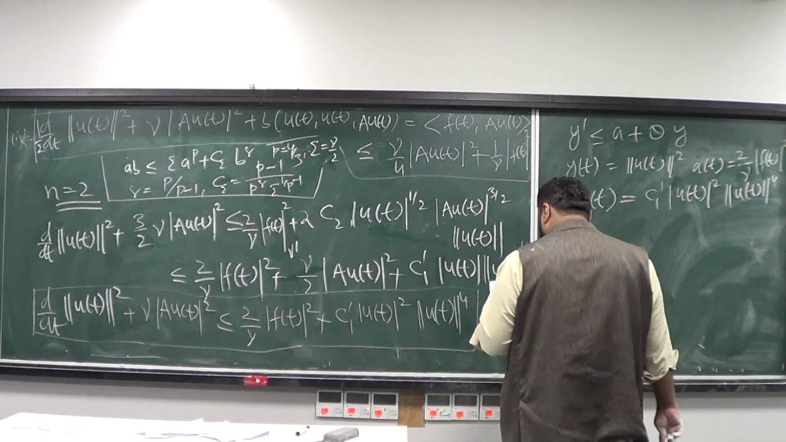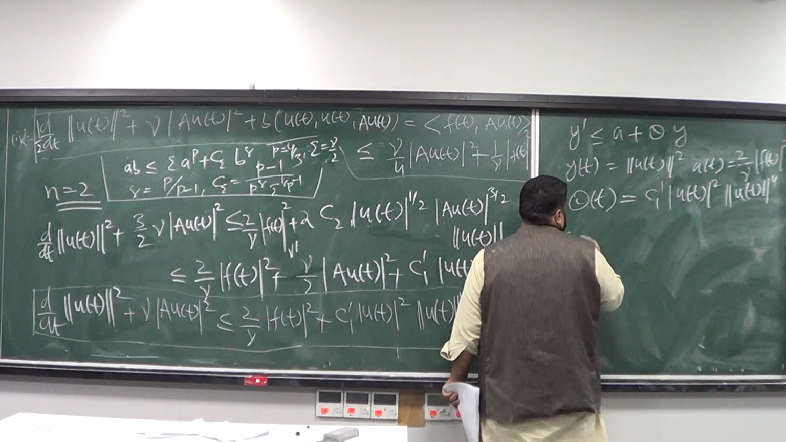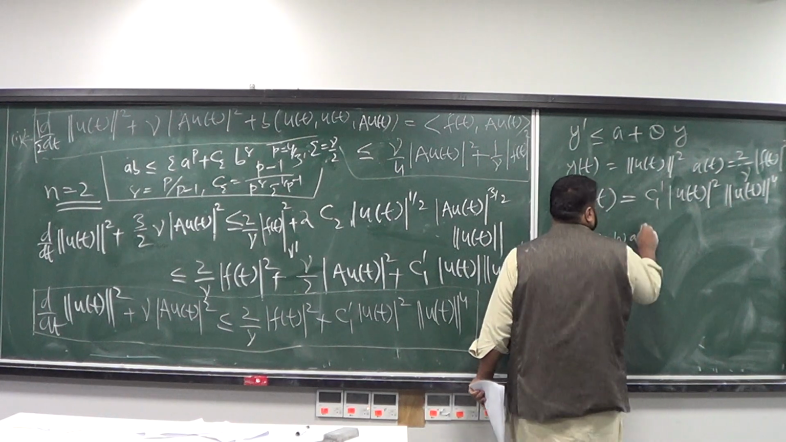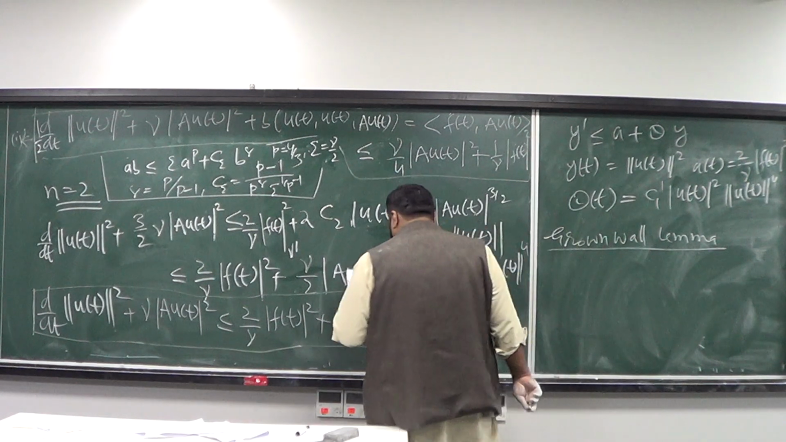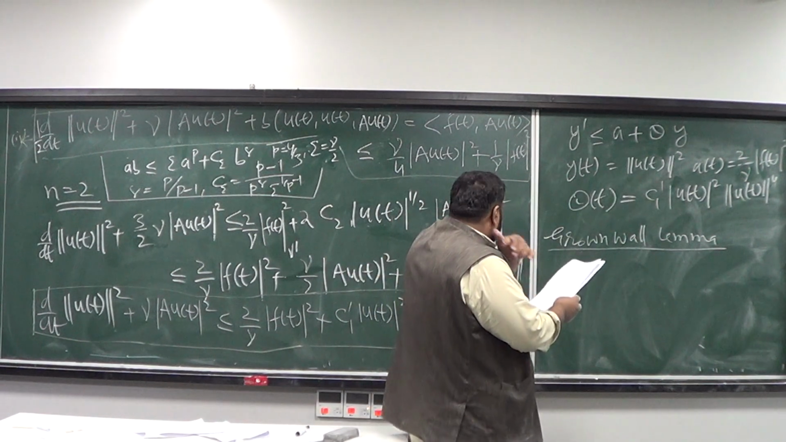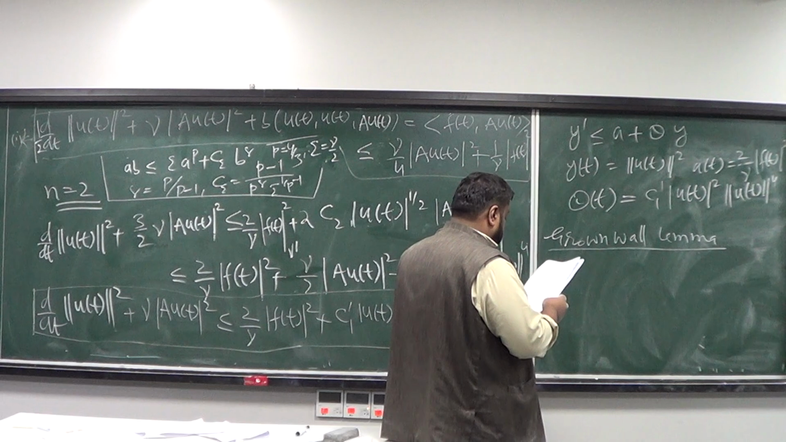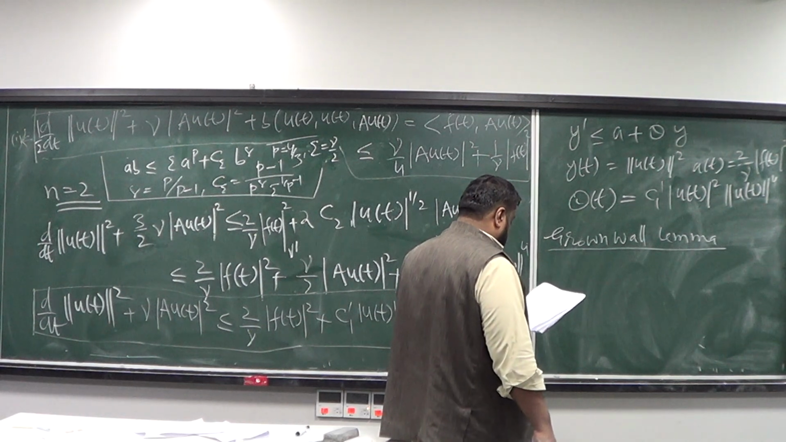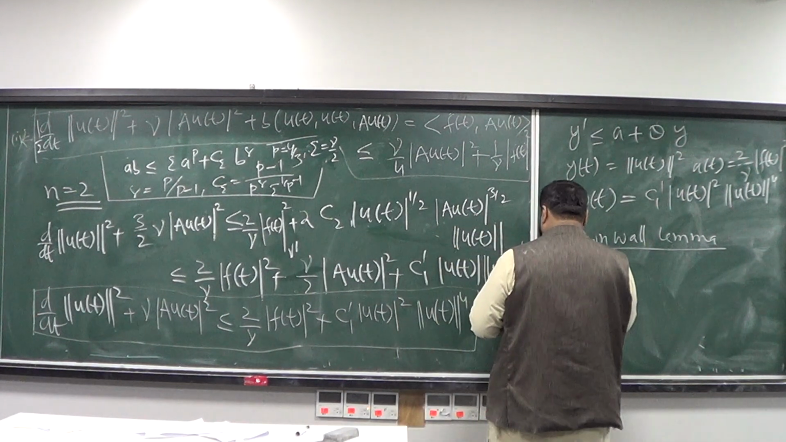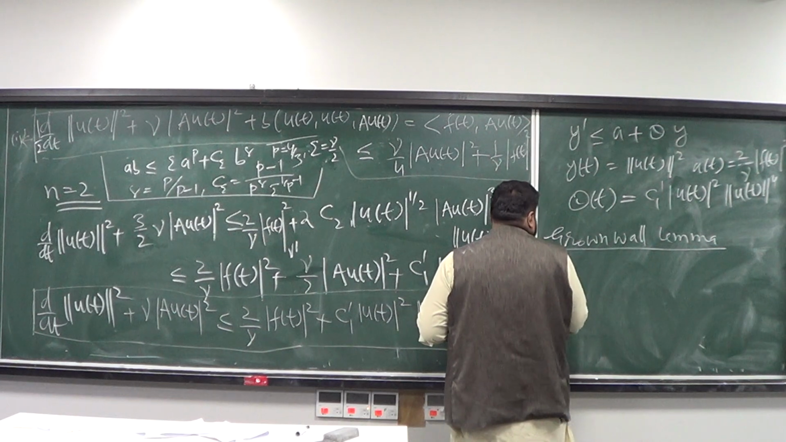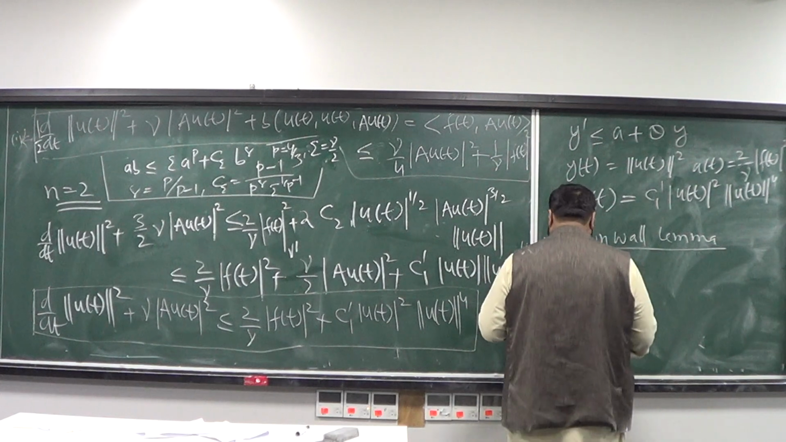Now I'm going to apply the following version of the Gronwall lemma. The Gronwall lemma says that if you have a situation like d by dt of y of t exponential